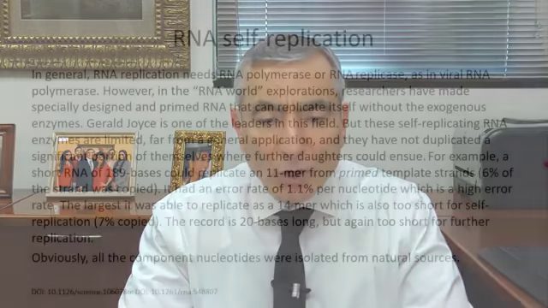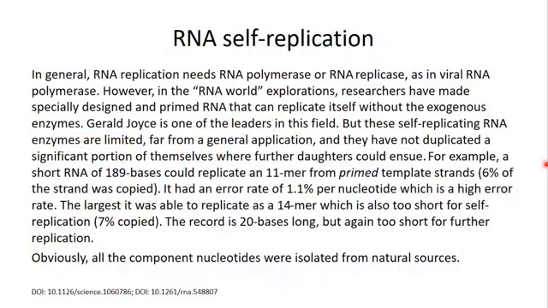It's a high error rate, very high. Remember, at 1.1%, we had to have all those washing out steps, and we had to put this through HPLC. You can't deal with an error rate like this. The largest it was able to replicate was a 14-mer, which is also too short for self-replication. The record is 20 bases long, but again, too short for further replication. So these ones that it replicated could never replicate anymore, and it didn't replicate the whole thing, only short segments,